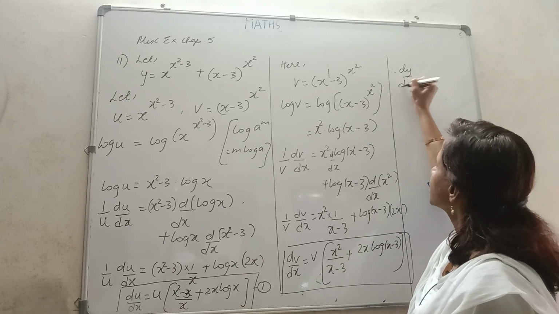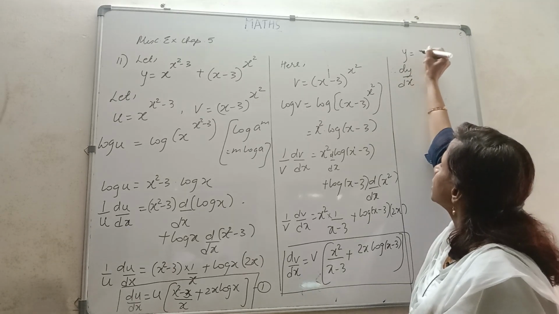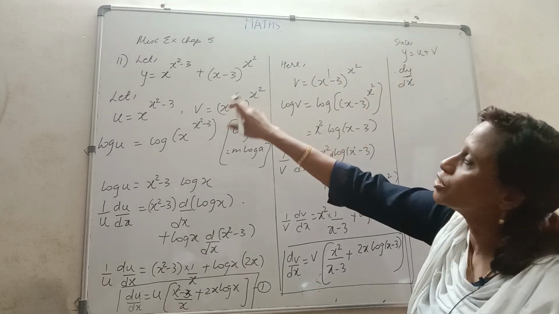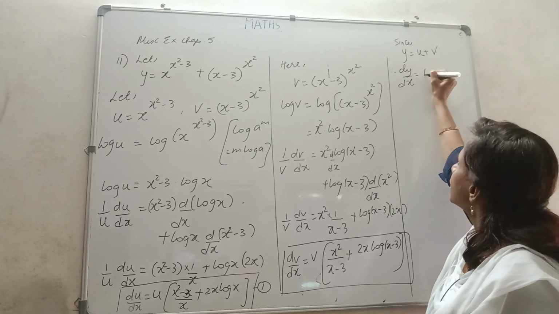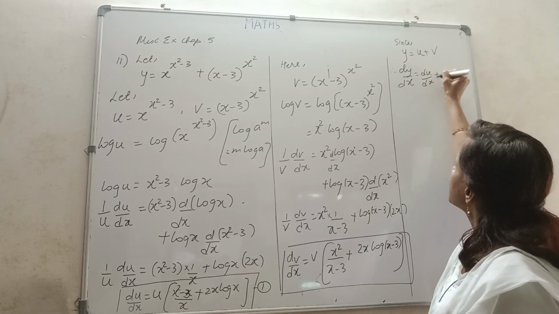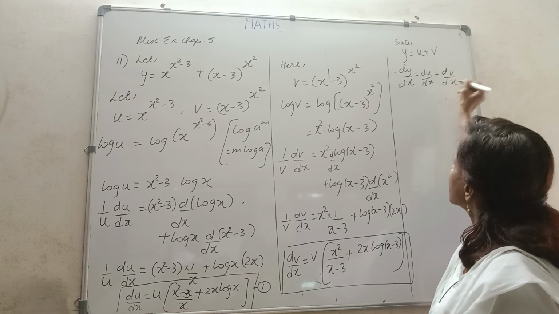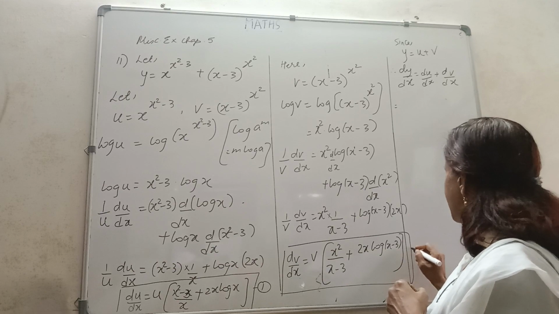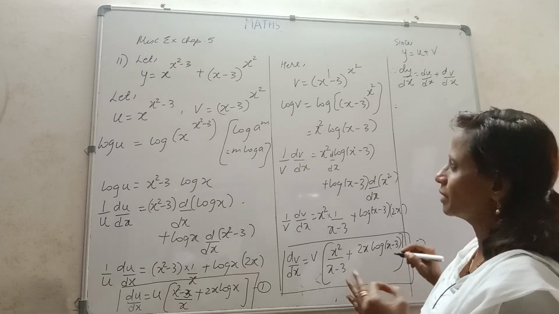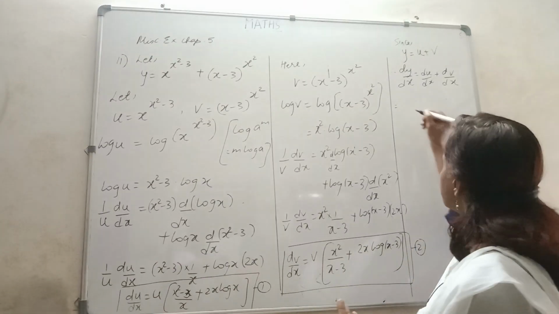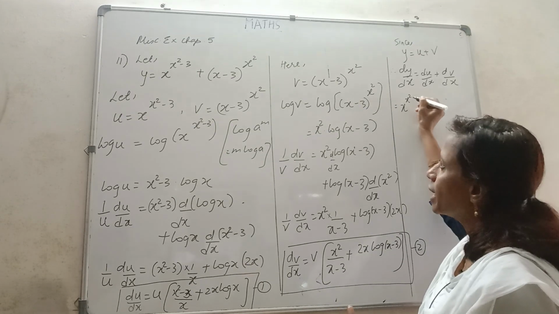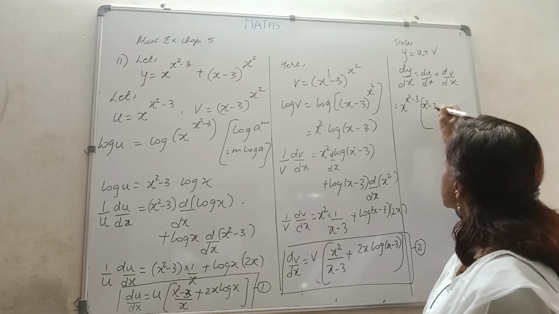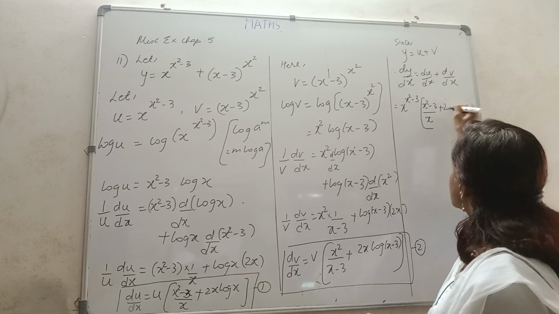Therefore, dy by dx, we all know, since y actually is u plus v. That's how we have assumed. Since y is u plus v, dy by dx logically is du by dx plus dv by dx. And we have both these ready with us. So it's quite easy. du by dx is this term. We cannot write u because that's our creation, so we'll get back x raised to x, times x squared minus 3 by x plus 2x